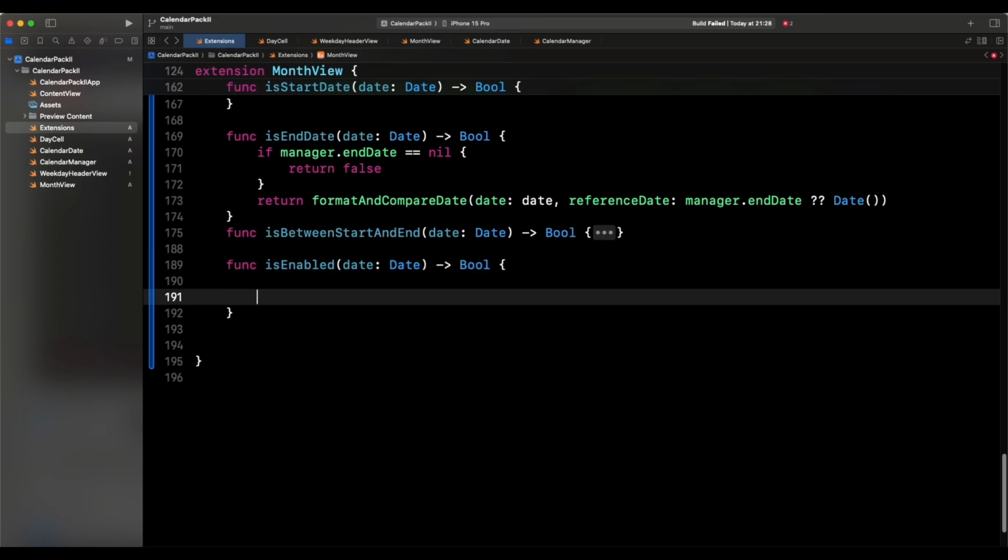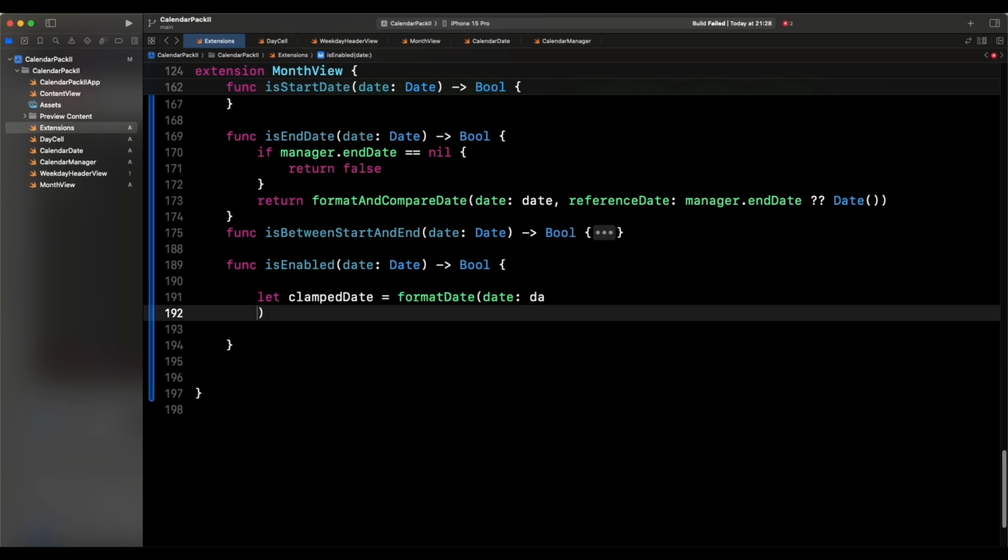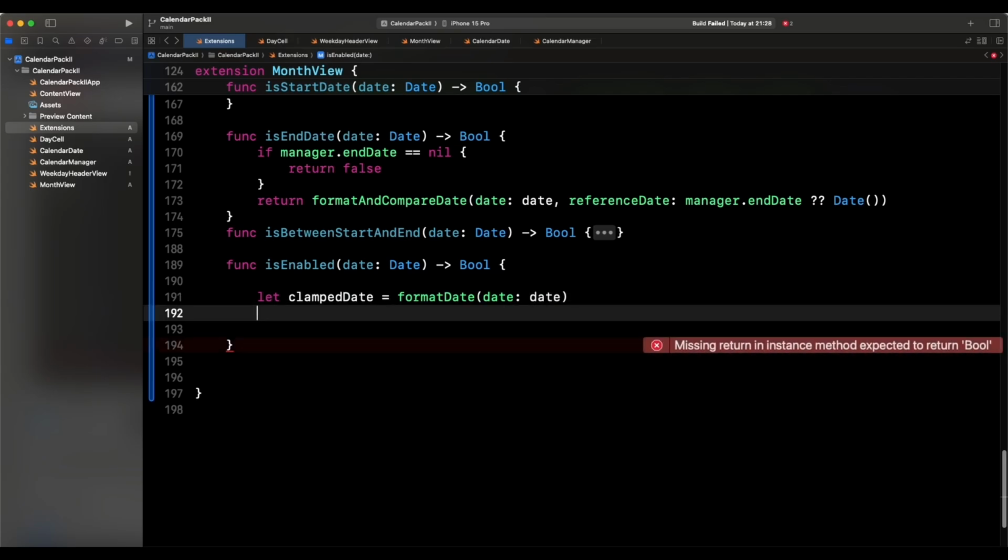And what's it going to be? We say let clumpedDate, and clumpedDate is just going to be formatDate, and that's going to be the date. Okay, not the day, but the date. We do that, then we say if